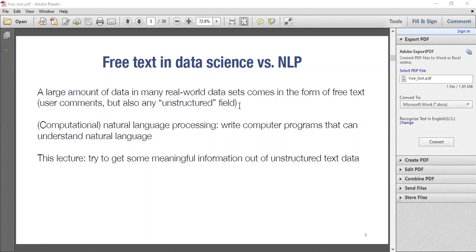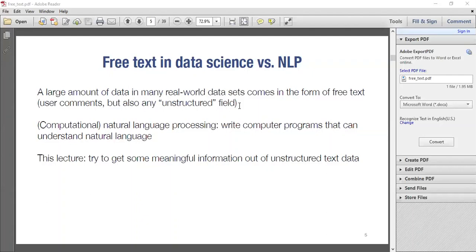Natural language processing, basically, what we're trying to look at here, is free text and data science. In the data science world, one of the things data science has been very effective in taking care of is the fact that we have a lot of text information, both in structured and unstructured form.